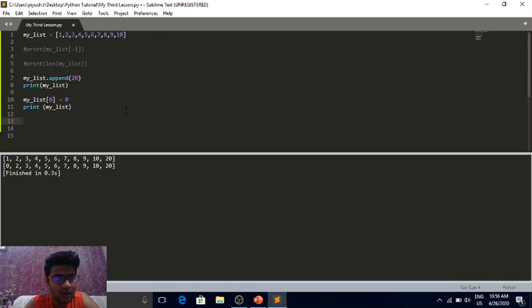So I think this is it for the basics of lists for now. In the next lesson, we look at loops. Loops form a really important part of programming, and they are really easy to implement in Python as well. Now, you can use loops to perform operations on items together in a list. We'll look at that in the next lesson. For now, I'd suggest you guys play around a bit with lists.